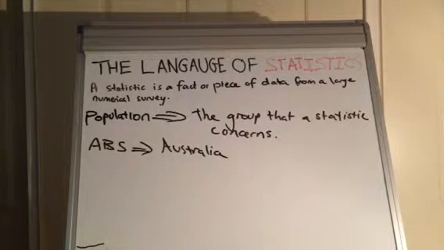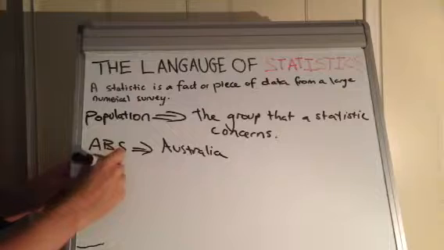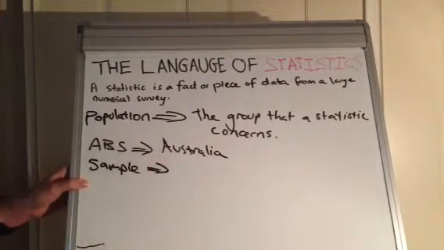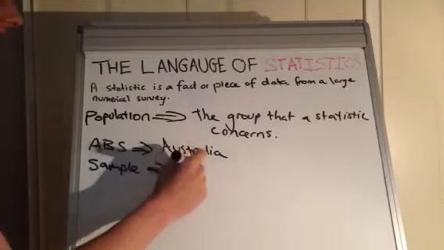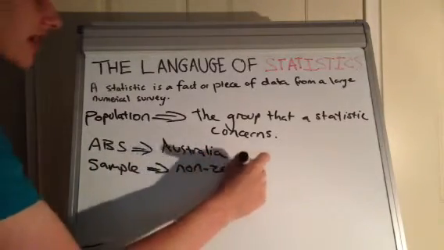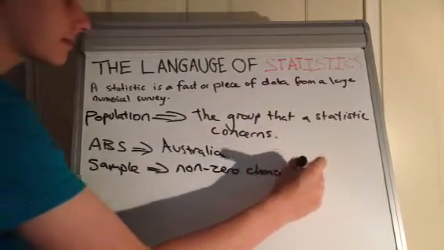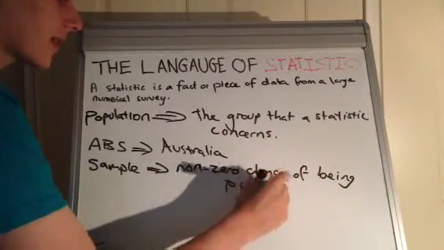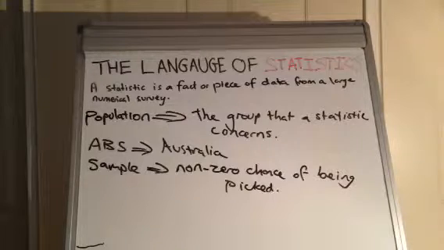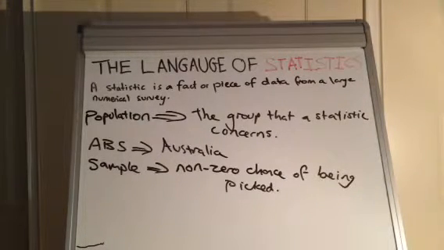So if that's the case, what they do is they take a sample. And what constitutes a good sample is if everyone in Australia has a non-zero chance of being picked. And I'll explain what that means now. So the population is Australia because the Australian Bureau of Statistics are concerned with Australians. But again, sometimes you can't survey your entire population, so you need to take a sample, a subsection of people